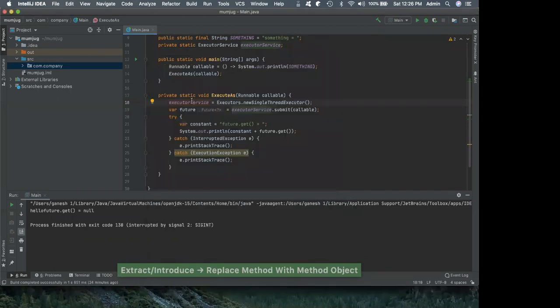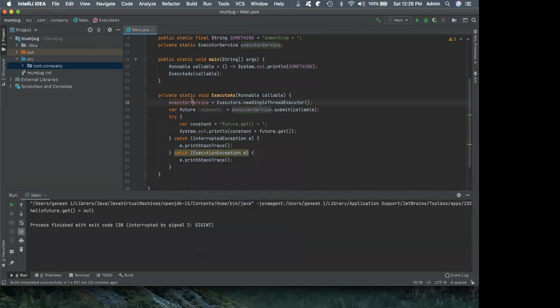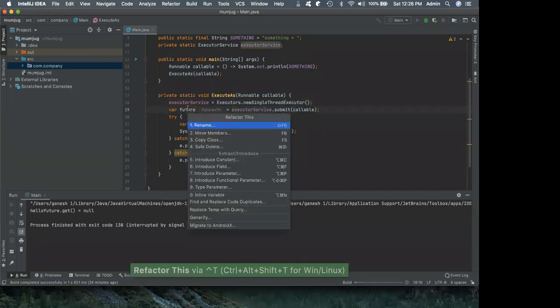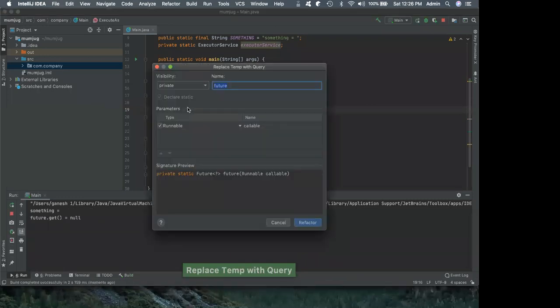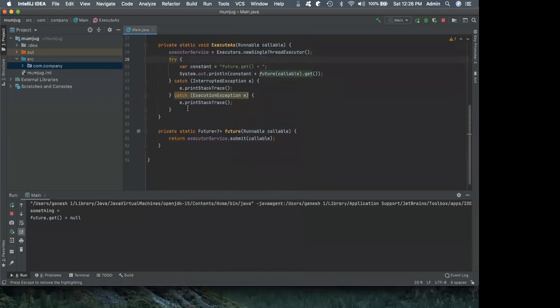Okay, you can extract method object. Okay, so you can explore this a little bit more. So I will leave it to you to try out a few refactorings, and then we can continue further. There's also an option to replace that temp variable with the query. Somehow I missed it. It's here. So replace temp with query, and you'll be able to replace the temporary variables with a call to a query.